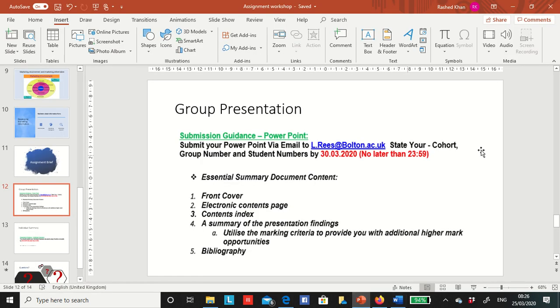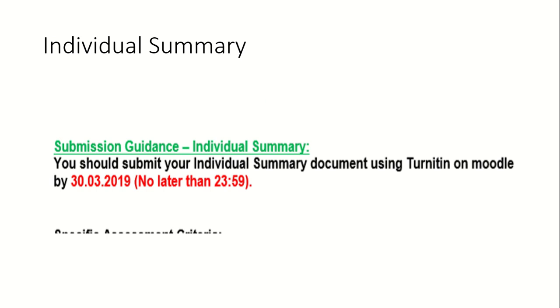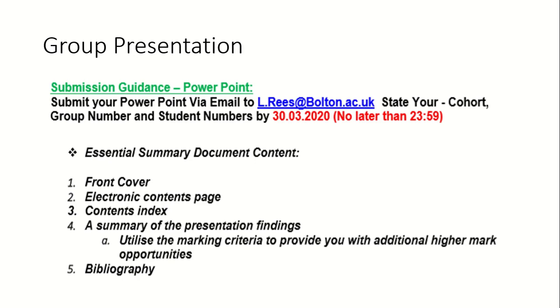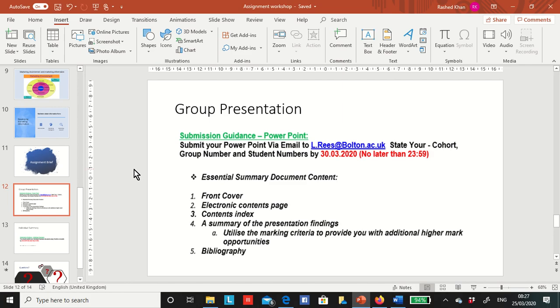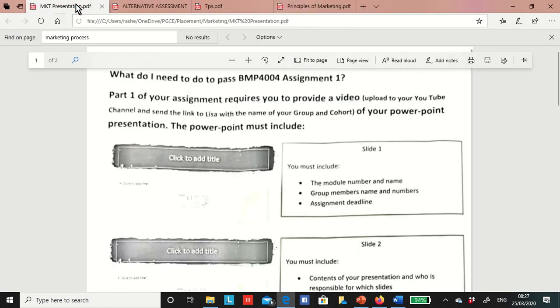Now if we go back to the presentation, we'll first talk about the group presentation. Sorry, I'll have to jump out again. If you can remember, Lisa gave a structure of the presentation, which looks like this one.